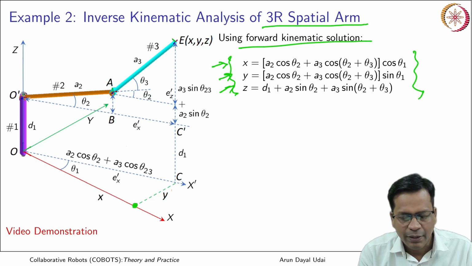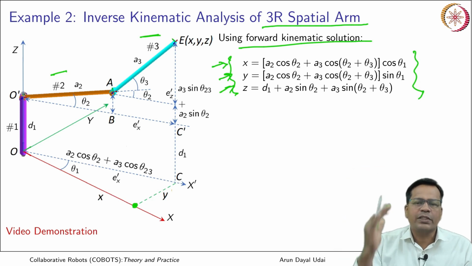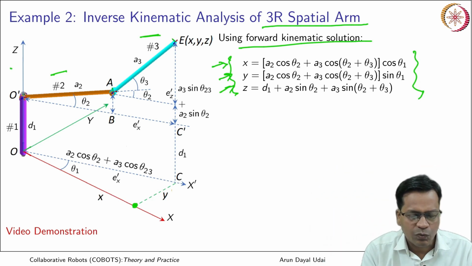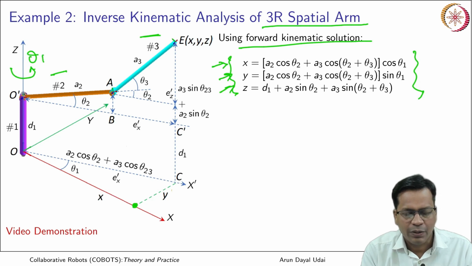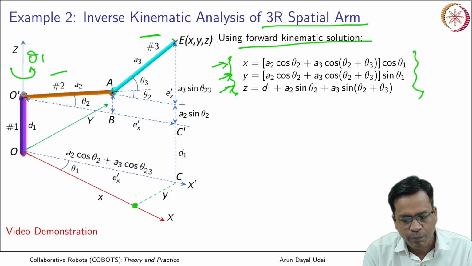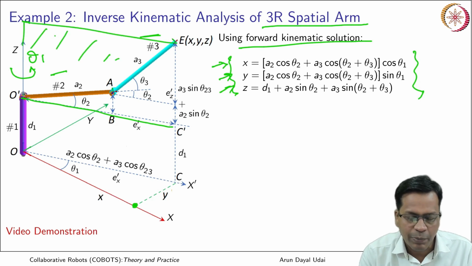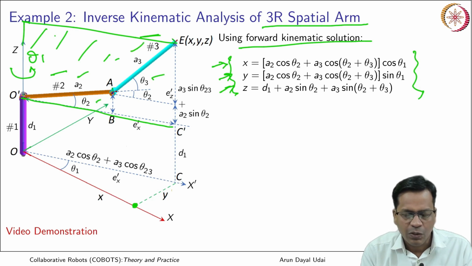How much is that? So, you see this is the 2 arm planar arm which is link 2 and link 3 that lies always in a plane, and the plane rotates about the axis 1 by an angle theta 1. Okay, so this lies in a plane. So, this is a plane. Okay. So, this arm will always lie in a plane. So, this is a planar 2R arm with link lengths A2 and A3. Okay, theta 2 and theta 3 are the joint angles.